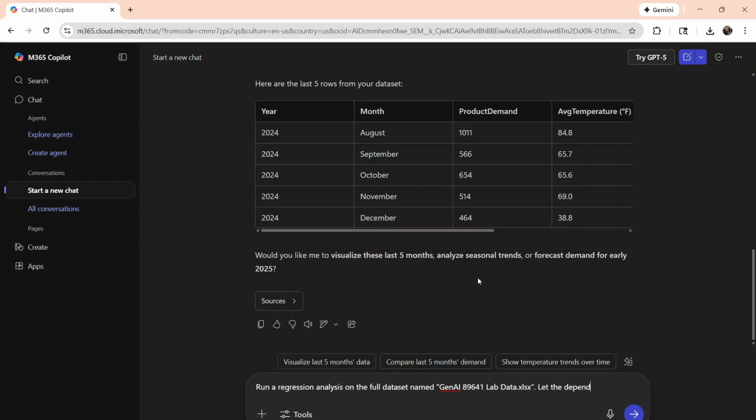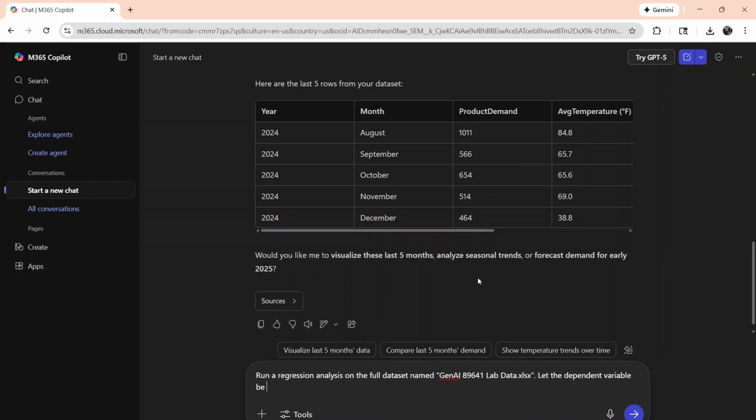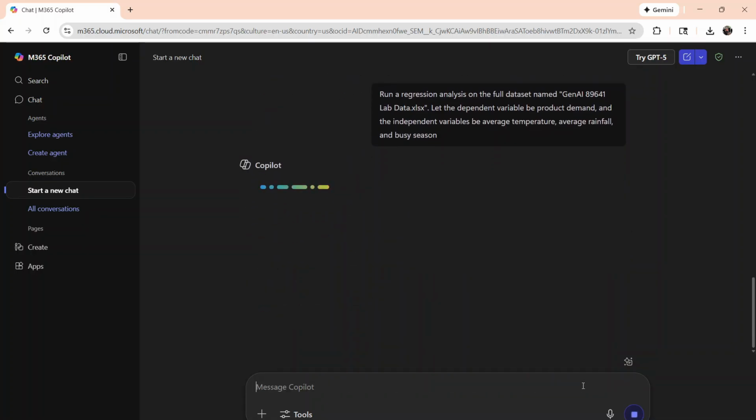Let the dependent variable be demand and the independent variables be average temperature, average rainfall, and busy season. And while that's loading, it's important to specify that you want it to run the regression analysis